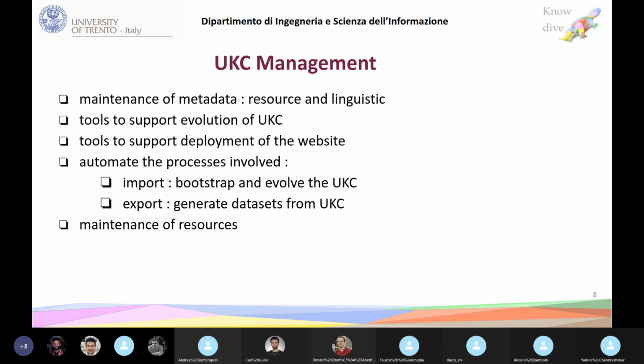So it is not only the resource, the metadata, that is important, which contains the information of the data sets that are used to build the UKC or that are distributed in the future or so on, but also the linguistic aspect of it, to have the correct information of the language, such as which language family it belongs to, its coordinates in our case in the geographical map, and so on. And to support this evolution of UKC, the extension of UKC, the tools